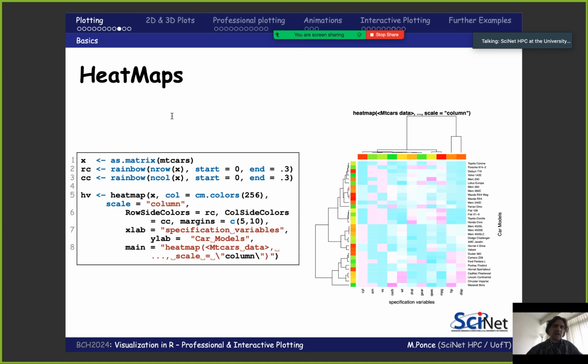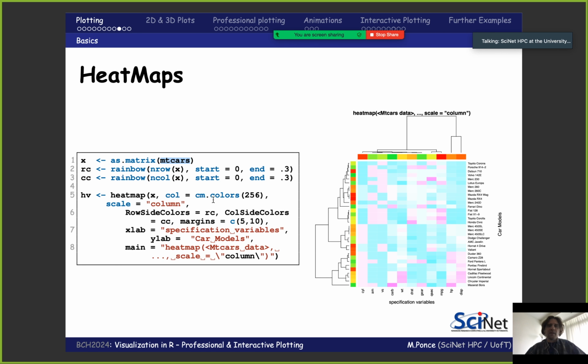So in this case, and again, I'm using another data set, so we can see that we are exploring a variety of the data sets included in R. In this case, it's the mtcars data set. This is a data set that contains information about cars in the United States, the different brands of the cars, and then different features of the cars. And actually, you can see this here in the heat map. You can see the brands or the models of the cars, and then the specifications. So, for instance, the number of cylinders, if it was an automatic or manual car, the weight, the number of gears, and so on, a variety of different things.